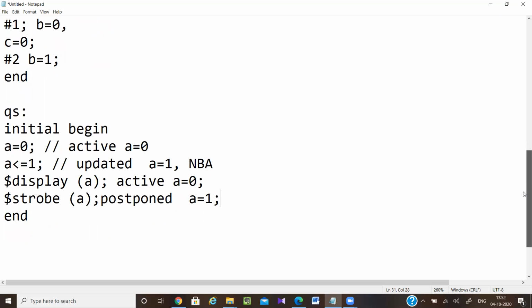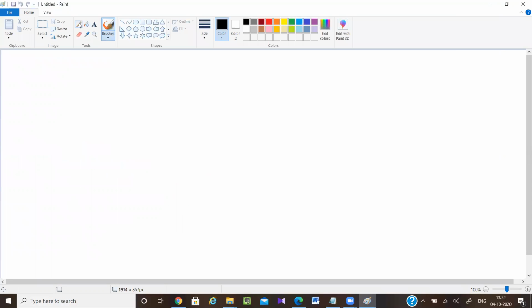You can think of it like this. Let this be one time slot. In every time slot, I will have an active region, inactive region, NBA region, and postponed region. First my A value will be equal to 0 here, and A will be equal to 1 here.